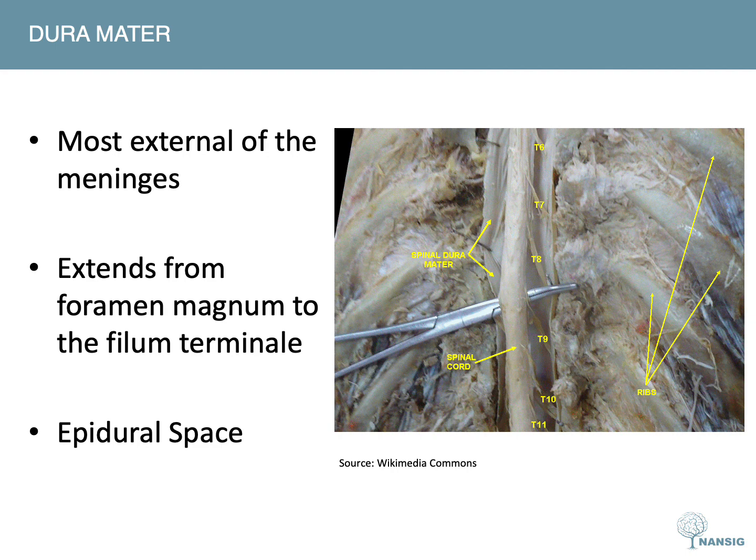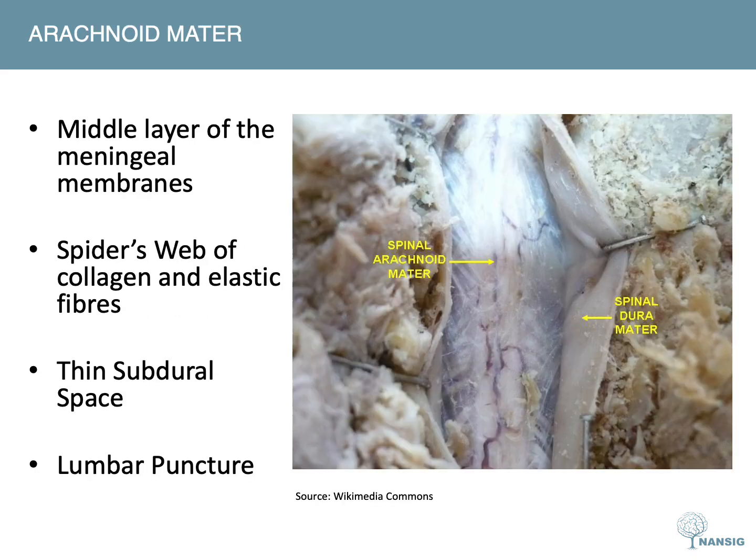As the spinal nerves exit the vertebral canal, they pierce the dura mater, temporarily passing into the epidural space. In doing so, the dura mater surrounds the nerve root and fuses with the outer connective tissue covering the nerve, the epineurium. This layer, the middle of the meningeal membranes, is a thin avascular covering comprised of loosely arranged collagen and elastic fibers. It is called the arachnoid mater because of its spider's web arrangement of delicate collagen fibers and some elastic fibers. It is deep to the dura mater and is continuous through the foramen magnum with the arachnoid